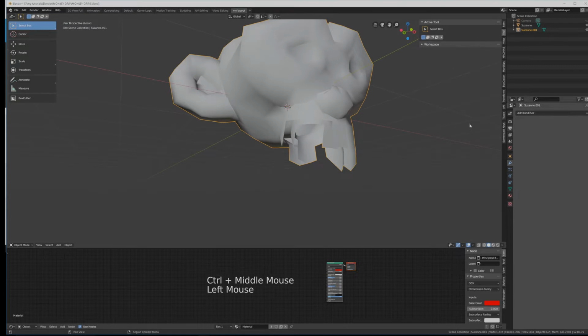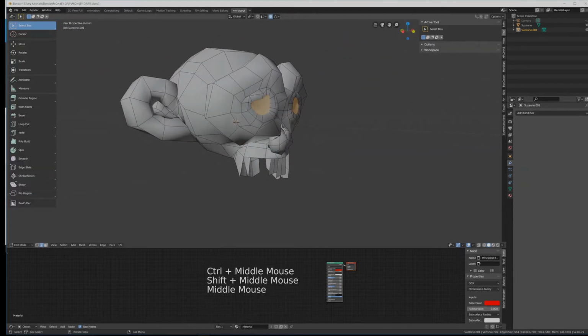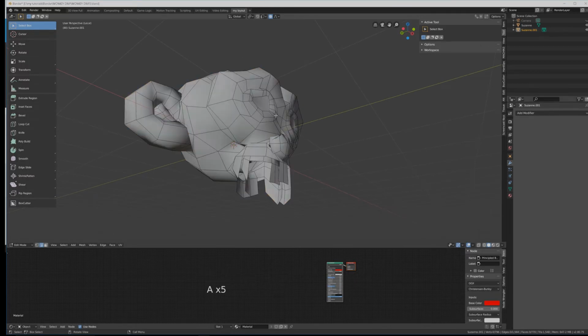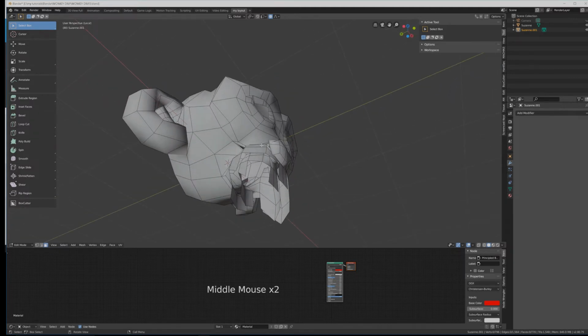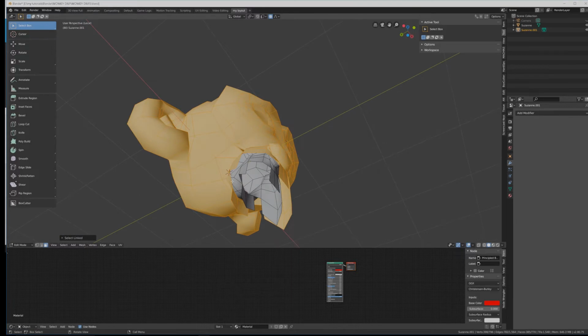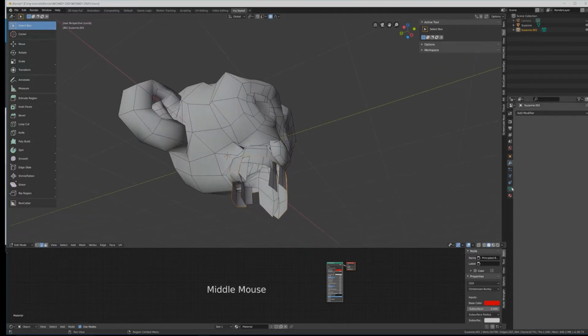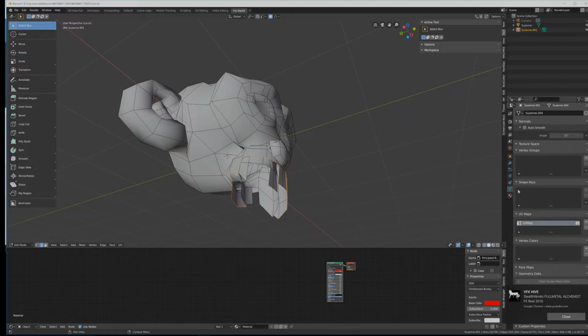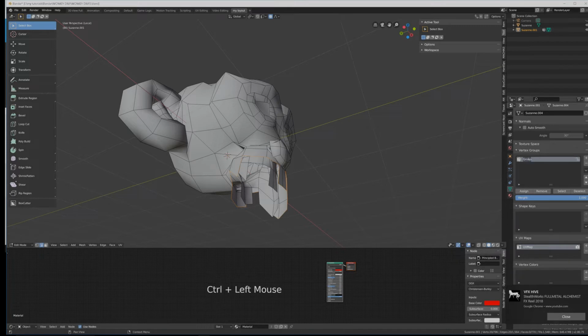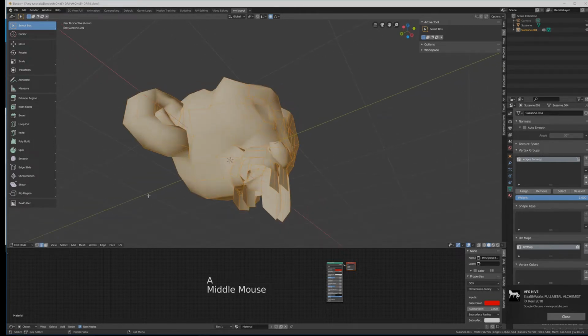And apply that, and then go into edit mode, and then deselect whatever you've got selected, into face mode, and press L to select the outer part of the model, and then select the border loop with select loops, boundary loop, and we'll save that boundary loop by going into the data tab on the right hand side and click in vertex group, and we'll add that as edges to keep, and make sure you click assign because clicking enter doesn't save it,